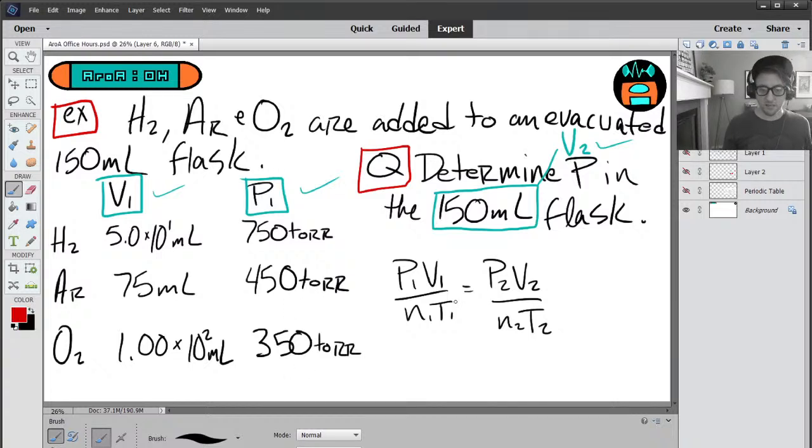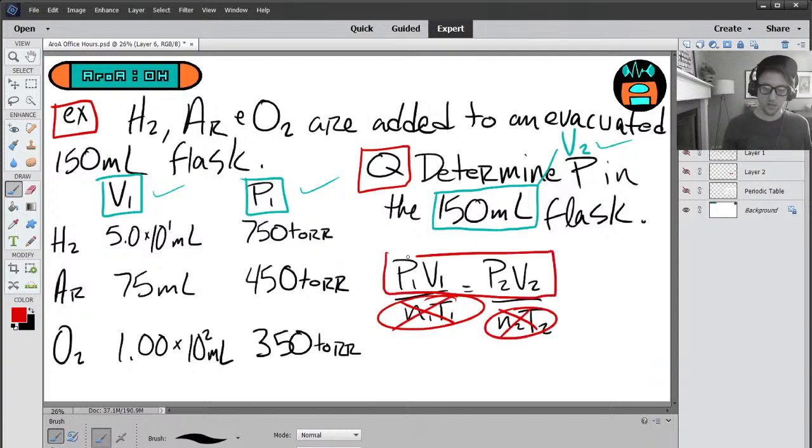In this case, moles and temperature are held constant, so we just have P1V1 equals P2V2. We know P1, we know V1, and we know V2. This equation lets us solve for P2,